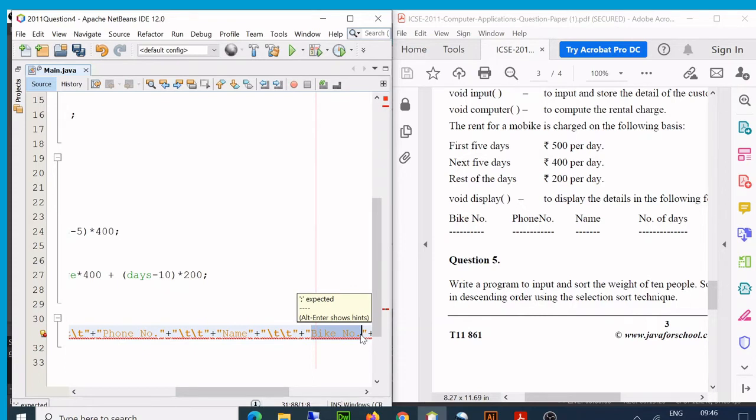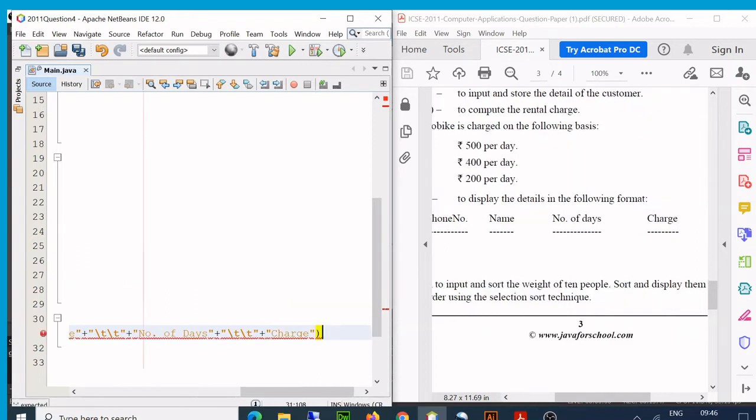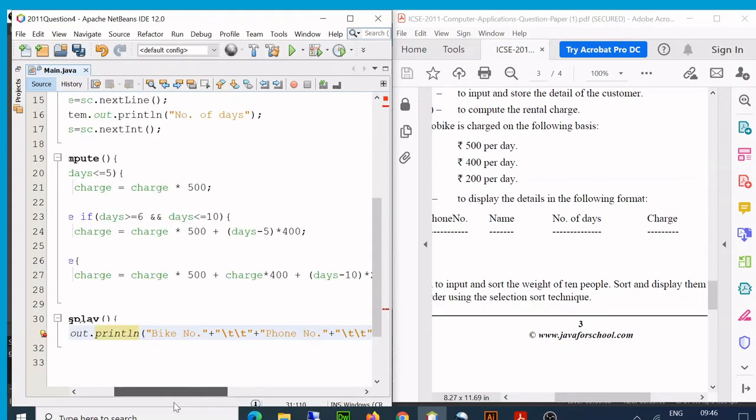And after number of days we have charge. Yeah, there will be charge there. Okay, so that's done. Right? So I've done that.